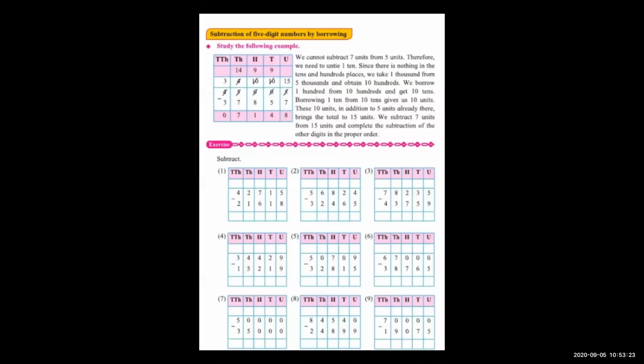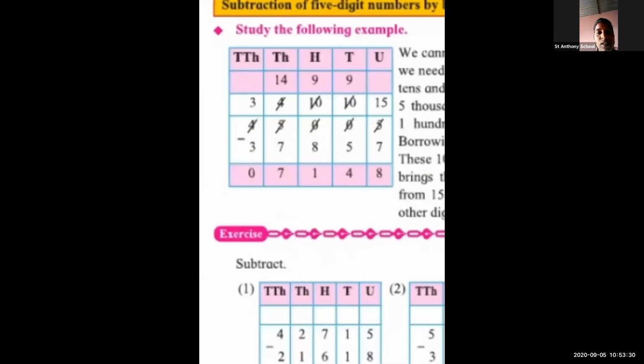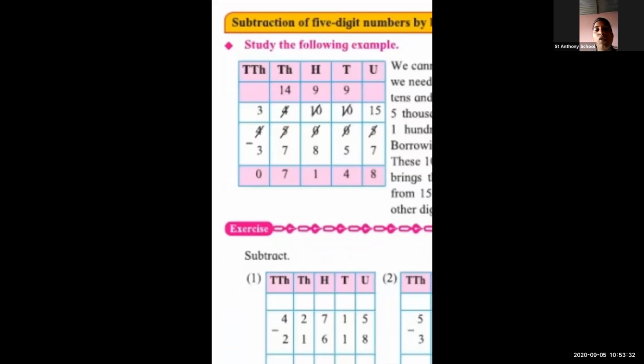Okay, good. Now look here, students. Now I'm going to zoom the screen. Yes, see. What is your sum? 45,005 minus 37,857. This is your sum. Okay. Now 5 minus 7. 5 is the smaller number. So how is 5 written? On top